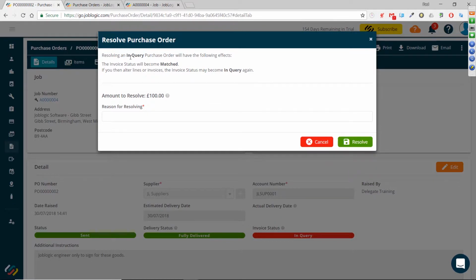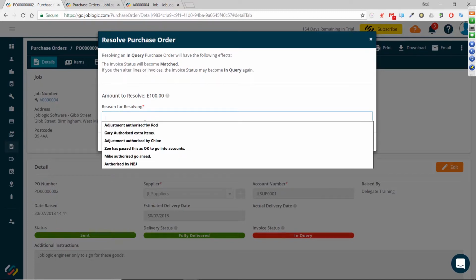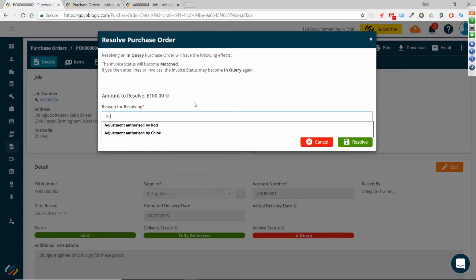And what it's going to do, if you choose to resolve it, if you choose to say, well, we made enough on that job, and yes, there was a late price increase, it was just a miscommunication, I'm happy to take the £100 hit, then you have to tell Joblogic. Now, ignore these guys, these aren't your reasons, these are just being remembered by my web browser because I've got that turned on. But again, you might say adjustment